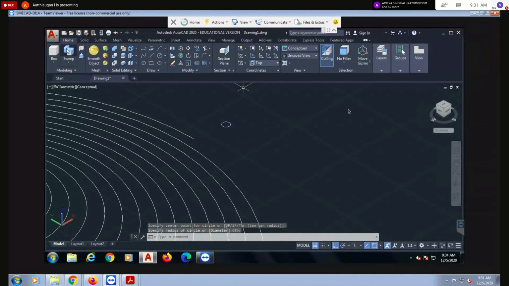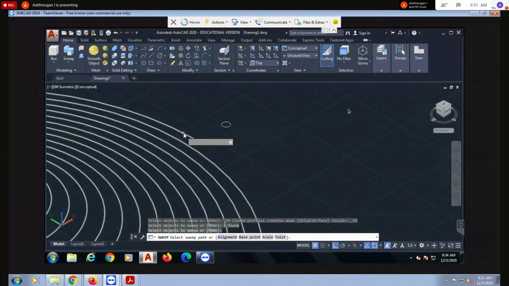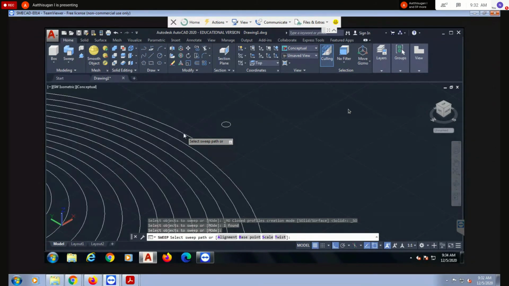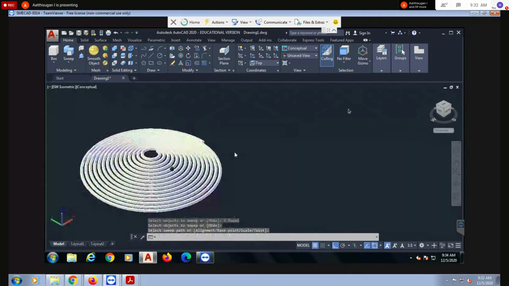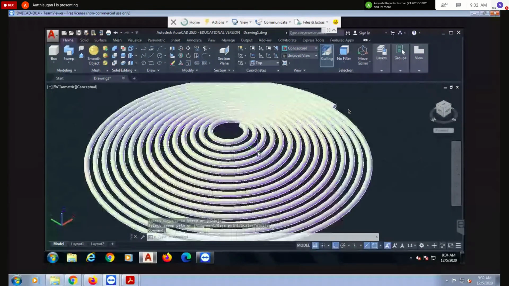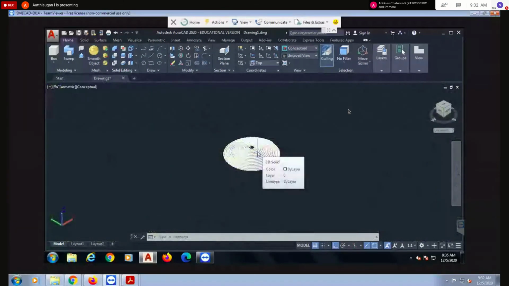Then again go to sweep, select object, enter, then path. See, like this it happens.